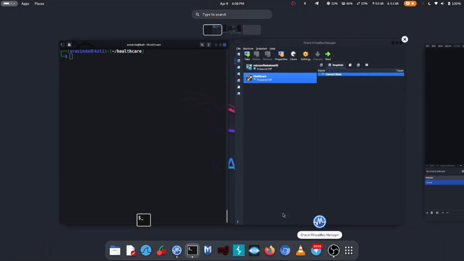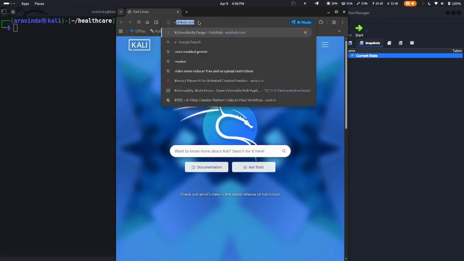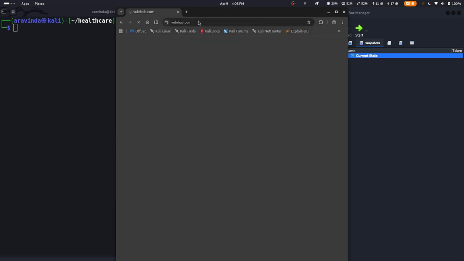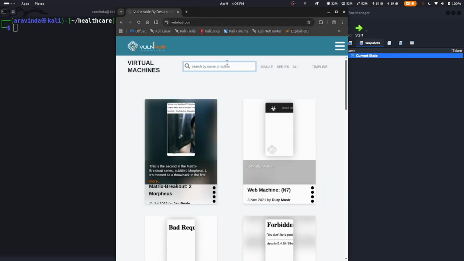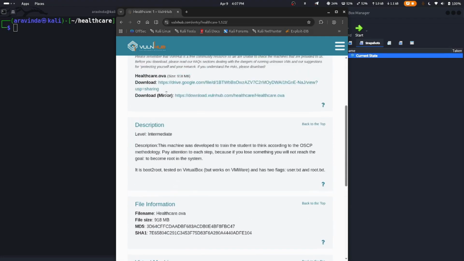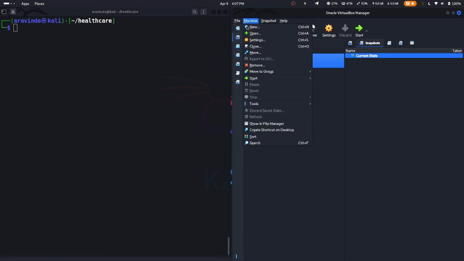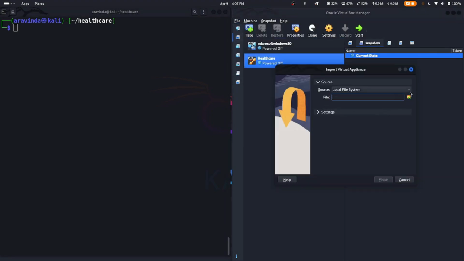So let me open a browser and search for vulnhub.com and search the virtual machine Healthcare, and let's click on this first link. And we need to click on the download mirror URL link, which downloads the healthcare.ova file, and then you need to move to Oracle VirtualBox and File, Import Appliance, and select the file